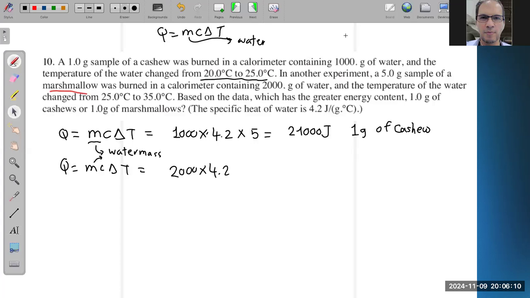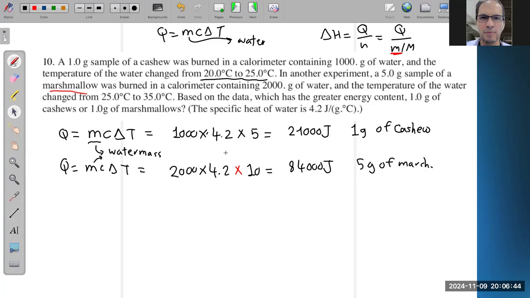The mass of the substance you are burning, you will use later when you make the delta H equal to Q over N. That's the Q over molar mass. What is this mass? This is the substance that you are burning, or the fuel. So 2,000 multiplied by 4.2 multiplied by what? By the change in temperature, this time it is 35 minus 25, so 10. So you got 8,400 joules per 5 grams of